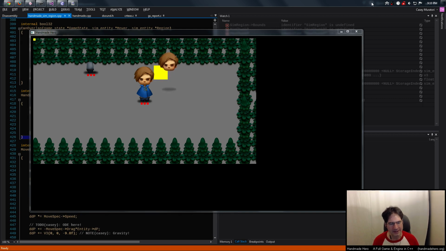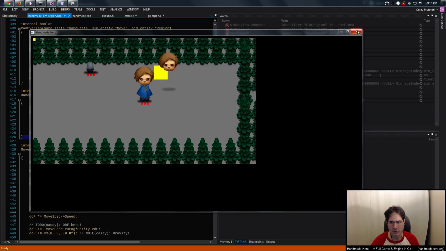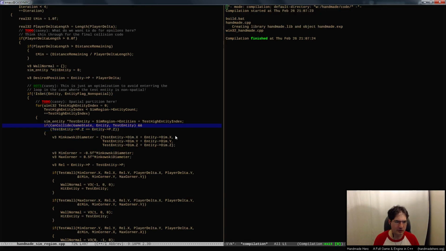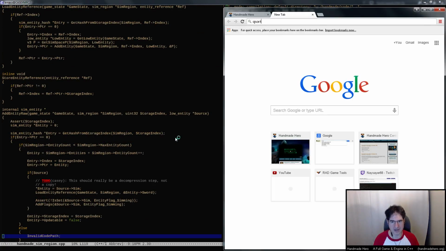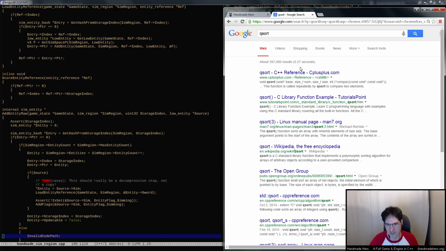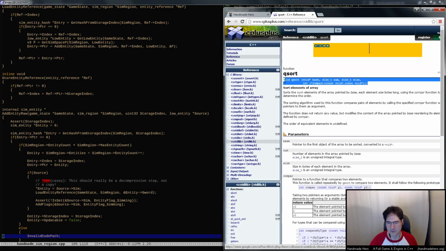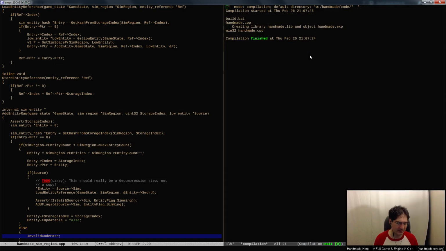If you wanted to do it, it's not particularly hard, right? All you'd have to do is sort your entities by, and in fact, you don't even have to write it because, I know, we're not really supposed to use libraries, so we'll write the sort ourselves. But if you didn't want to, you could actually use qsort to do it. There's one built into the C library. So if you look here, this thing will run a quick sort for you. And if you wanted to do it ahead of when I do it, all you have to do is, instead of